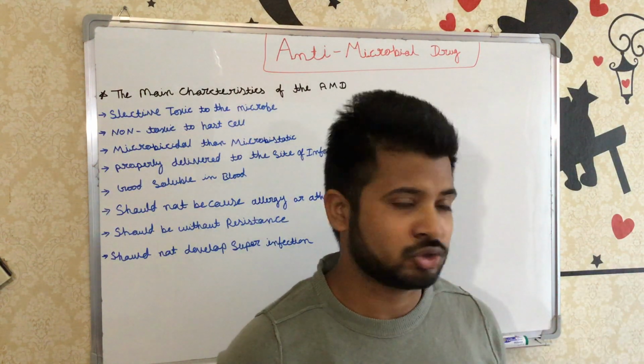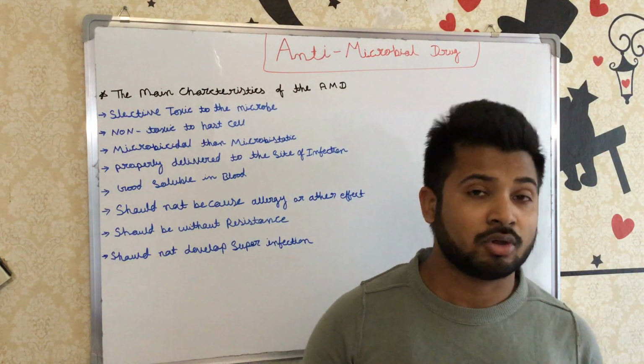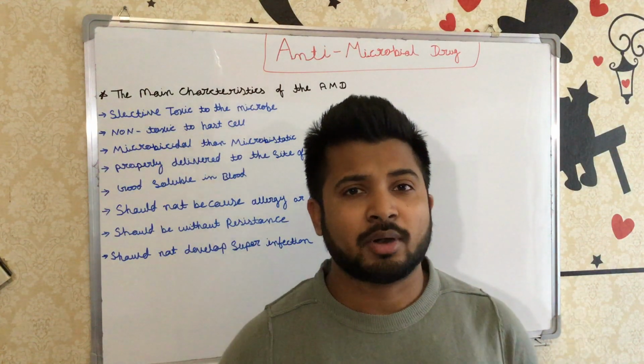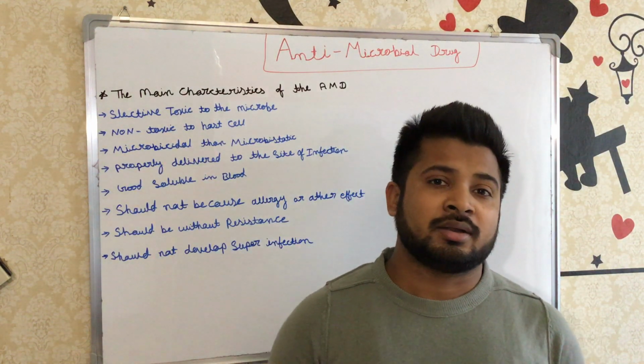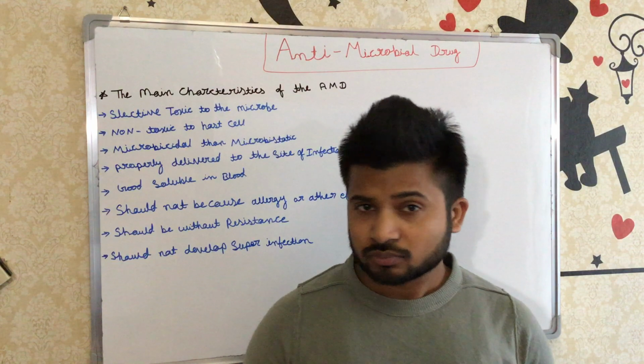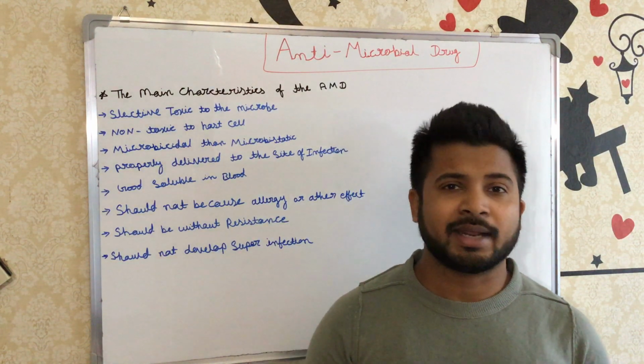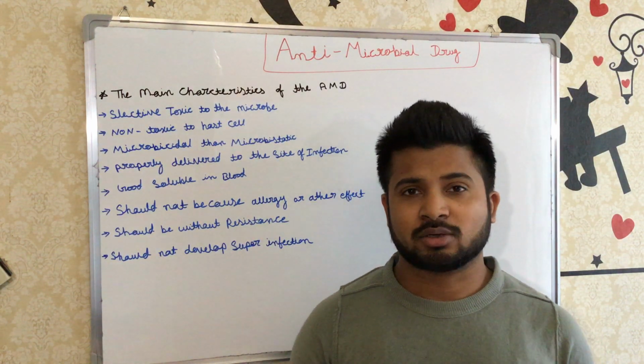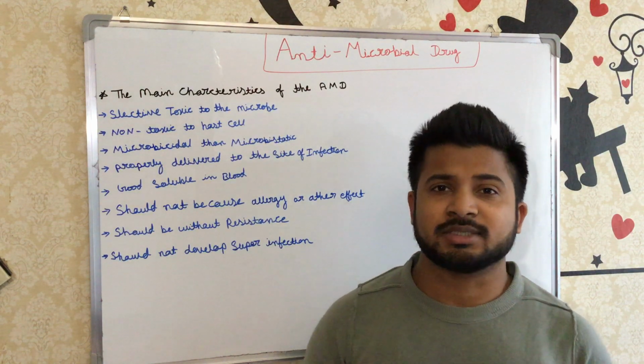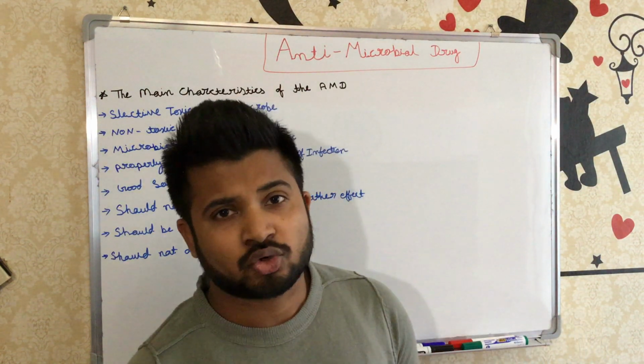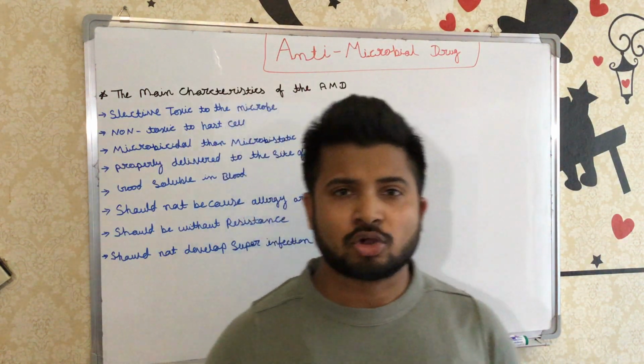Or the microbes may come from the external environment, maybe due to a lot of pollution or some weather changes. At that time they can enter the body and start different types of diseases. So at that time also we have to take an antimicrobial drug for protection or to stop the diseases. That's why it's very important to know about the antimicrobial drug. So let's talk about that.